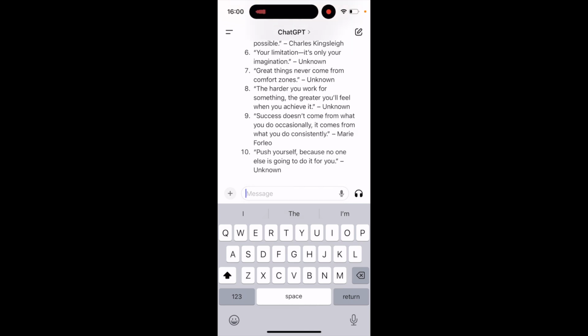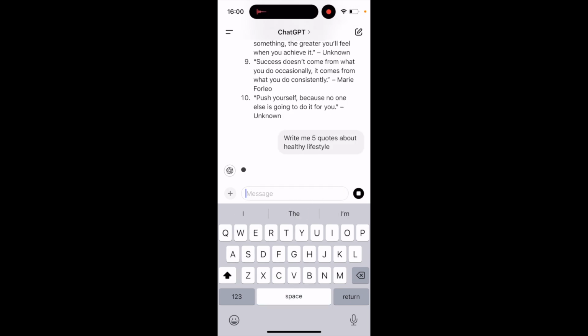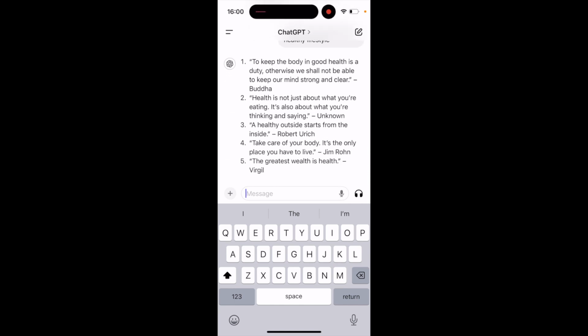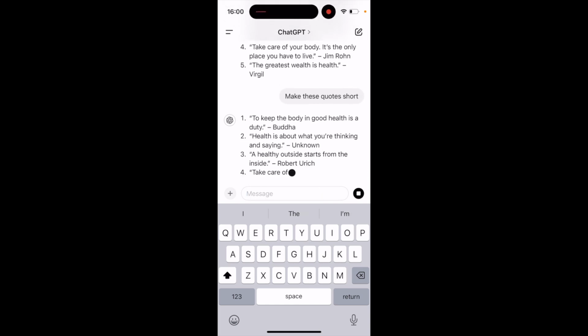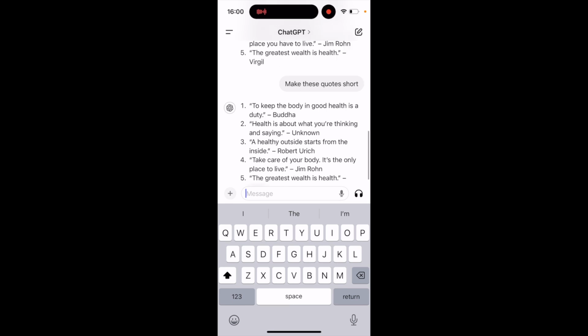You could say, write me 5 quotes about healthy lifestyle. Make these quotes short. Amazing. So you can literally type anything in ChatGPT and you can use any of these ideas over on your